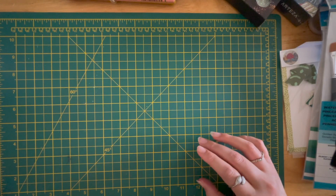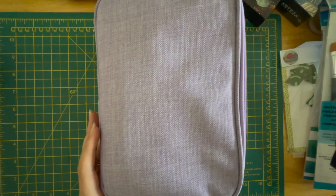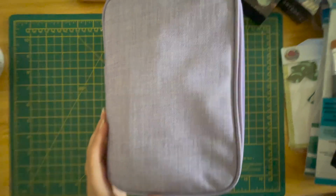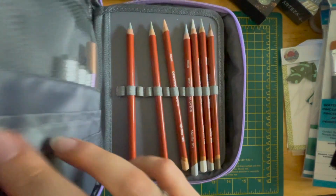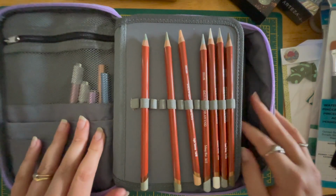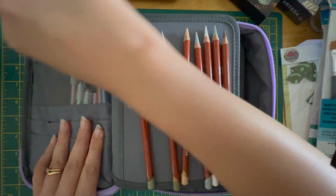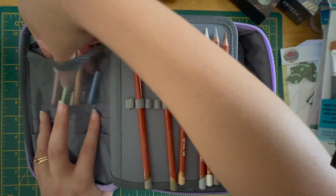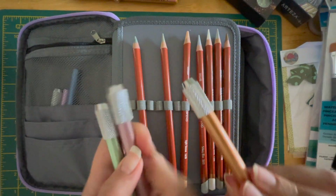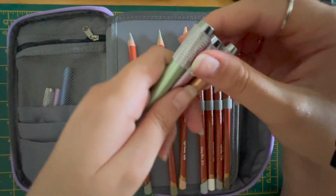So the next item was also from Amazon. So it is this here. So this is a case. So it's for 72 pencils. And it came with 8 pencil extenders. Obviously the pencils weren't. I put them in there since it didn't come with it. If only. So yeah, so they came with 8 pencil extenders, which is ideal